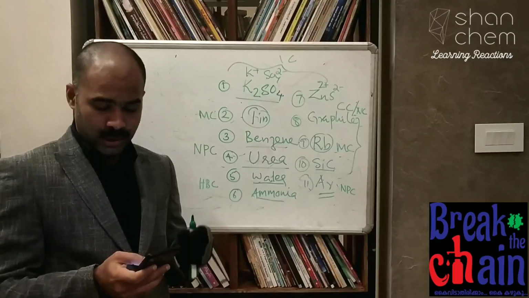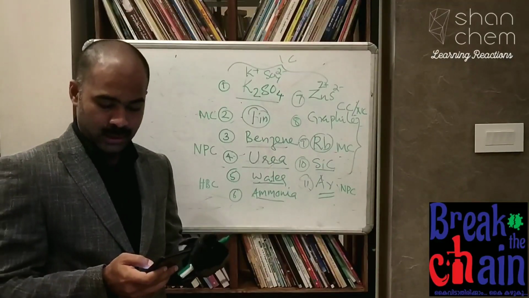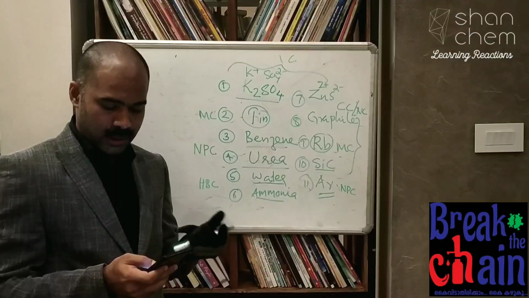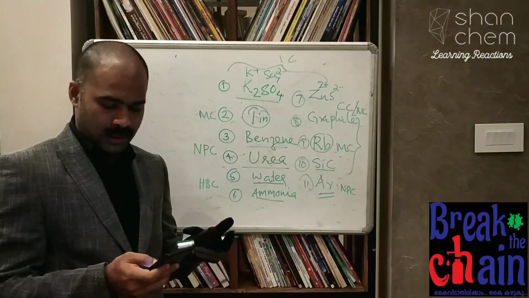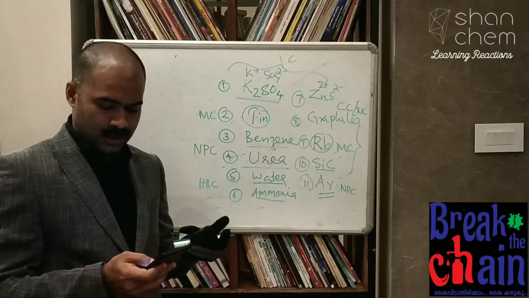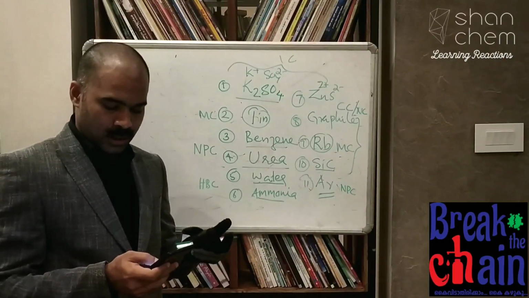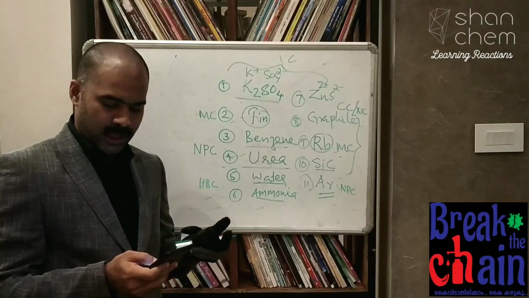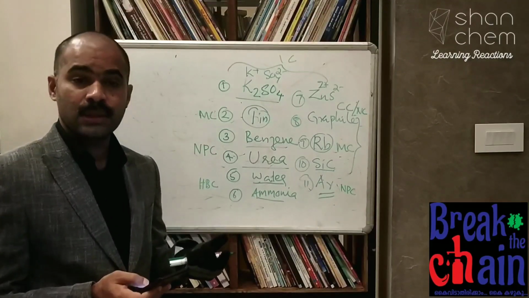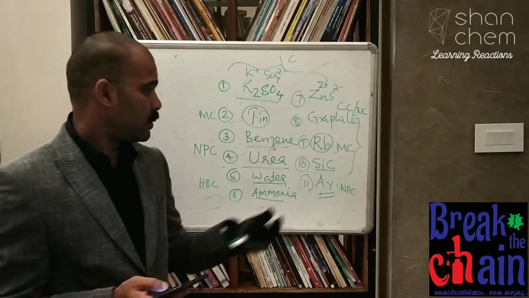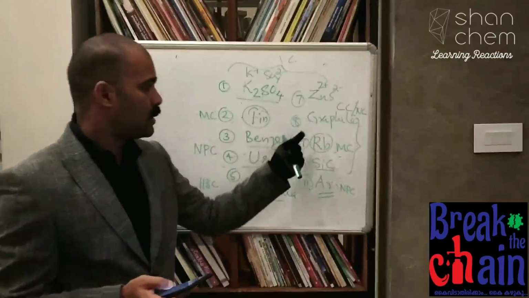Very high melting point and boiling point, and it does not give any conductivity in molten state. What type of solid is it? That is nothing but atomic covalent crystals like graphite,